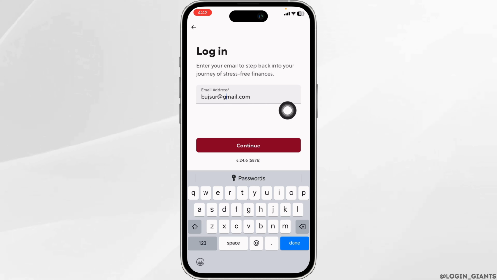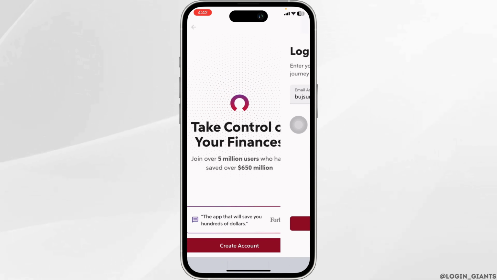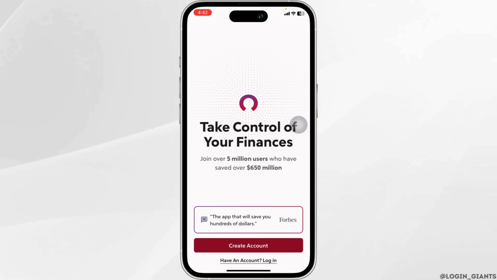After you type in the email, click on continue, and on the next page you will need to type in the password and click on done. Just with that, you will be logged into your account. Well, this way you can easily log into your Rocket Money account. In case you haven't created your account yet, click on this option of create account and go through the